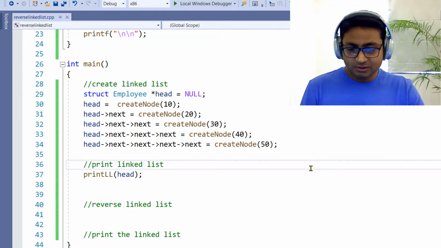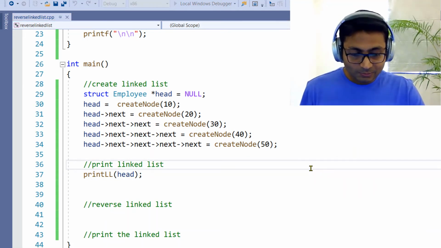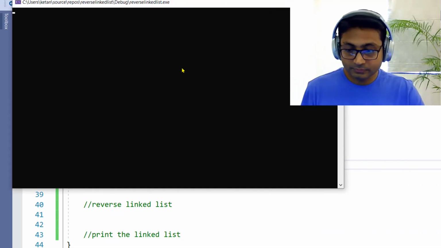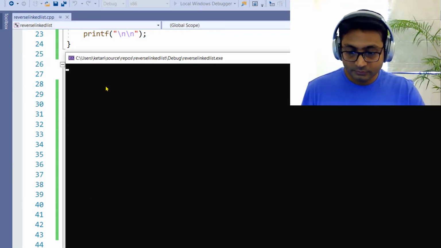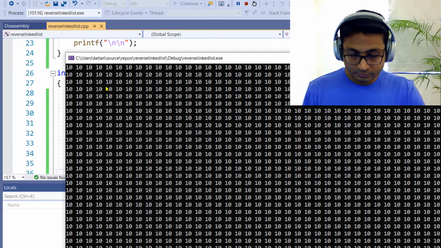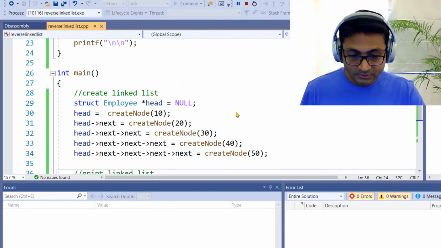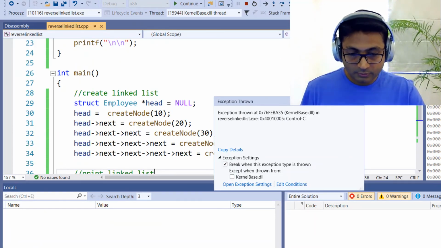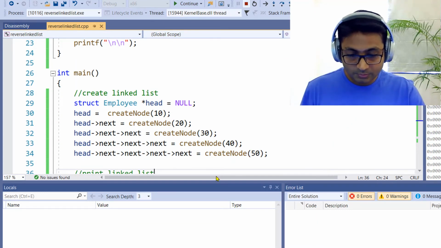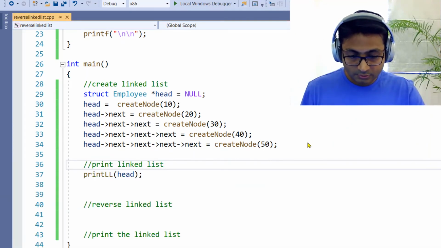Let's see if you have created the linked list properly. Oops, there is some problem, I guess. So let me stop the debugging here.